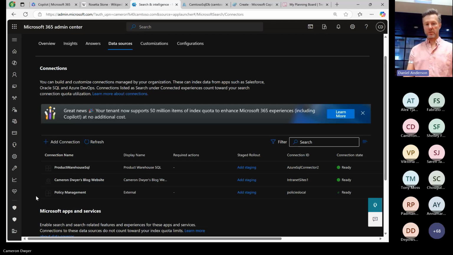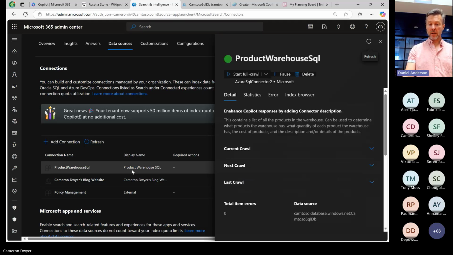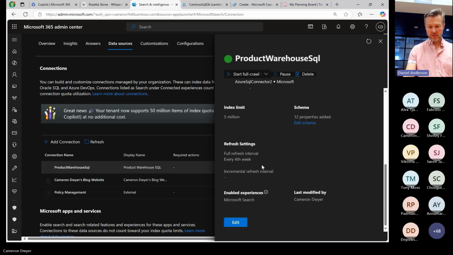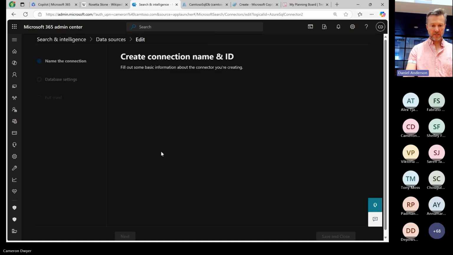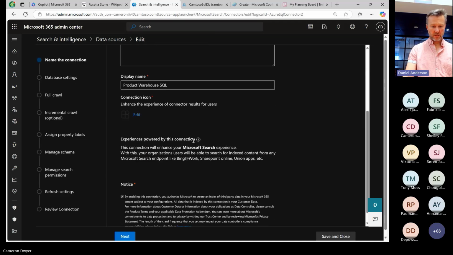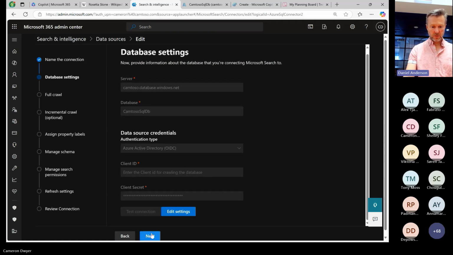It's just words and values. So what I wanted to show you is this SQL graph connector that is ingesting data from SQL in the same way. Every connector you set up differently, so I'll quickly take you through this one. Being a SQL database, it's going to want to know where the SQL server is, which I will show you here. It's just connection details to a SQL server.